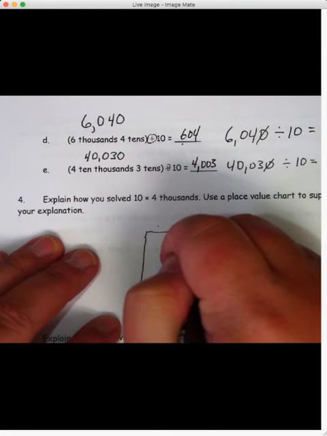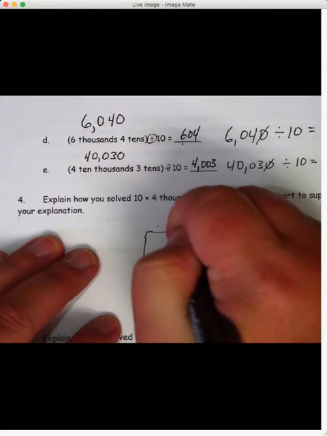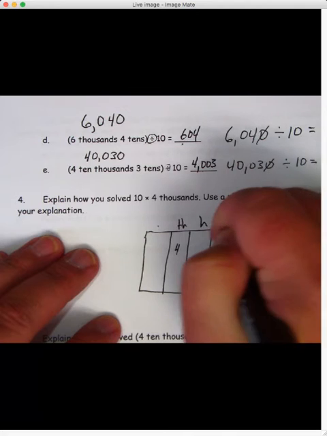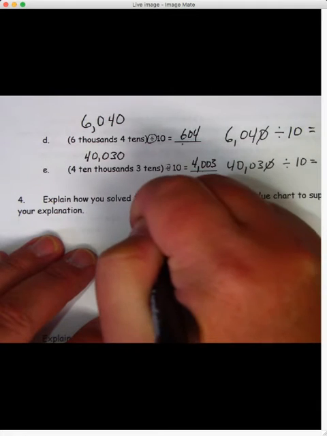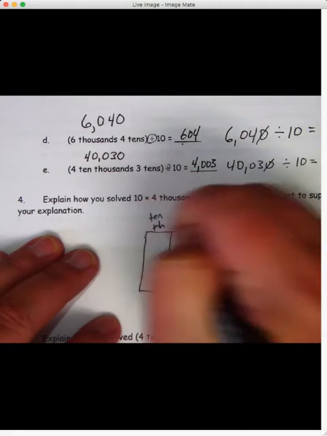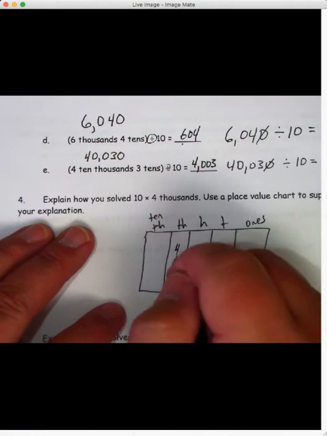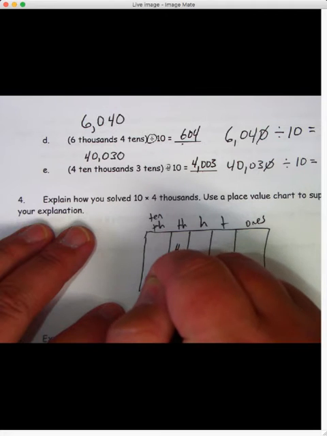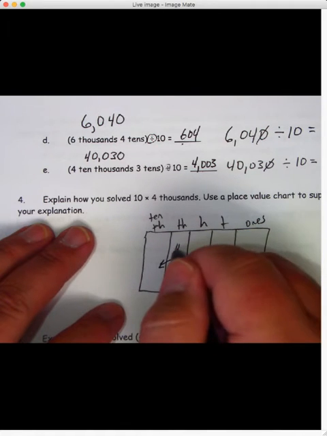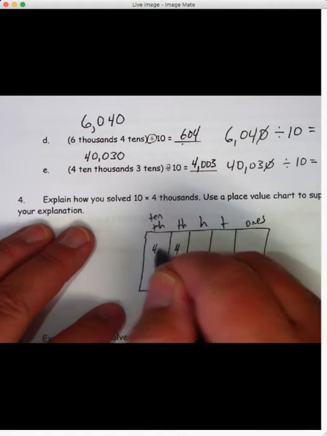So if we have 4, and I'm going to label this thousands, hundreds, tens, ones, 10,000s. Okay, so 10 times 4,000s would be, moving it to the left, 4 times 10,000s would be 4 10,000s,